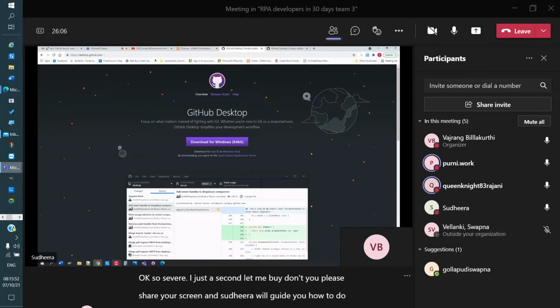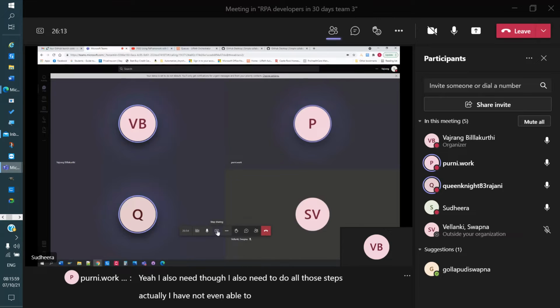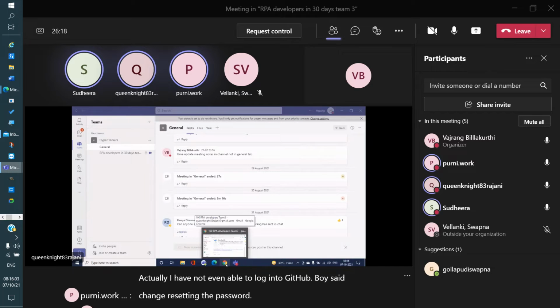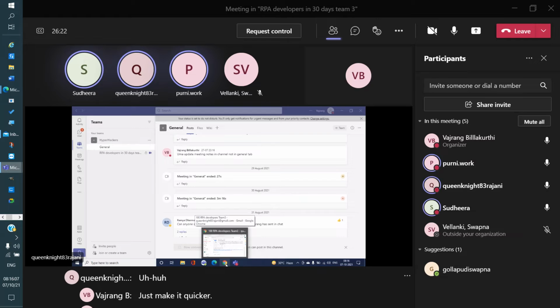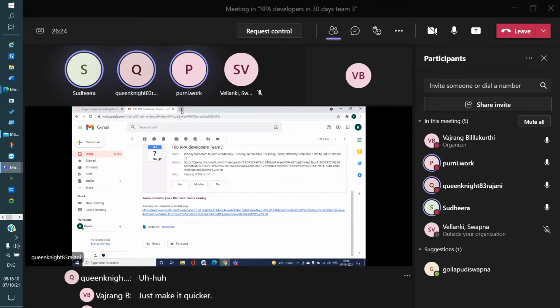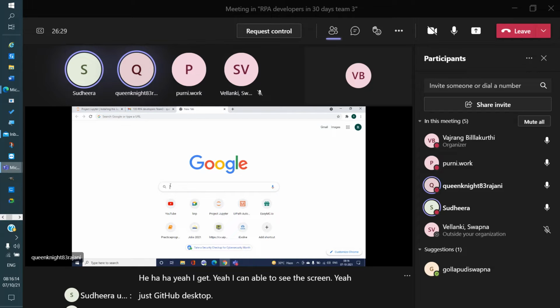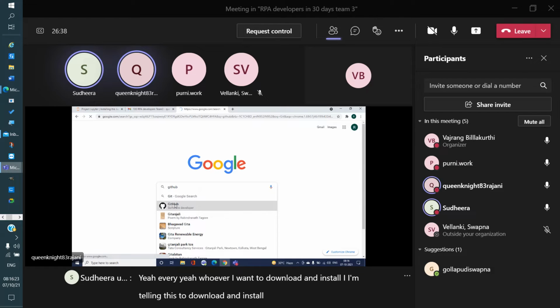Yeah, sure. I also need to do all those steps actually. I'm not even able to log into GitHub. Twice I tried resetting the password. No problem. Just make it simple. Sudhira, are you able to see my screen? Yeah, I am able to see the screen. Just GitHub desktop. Whoever wants to, download and install GitHub.